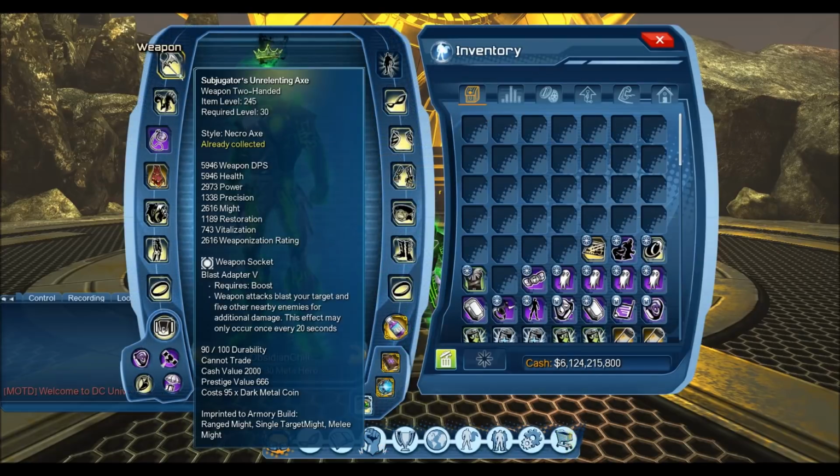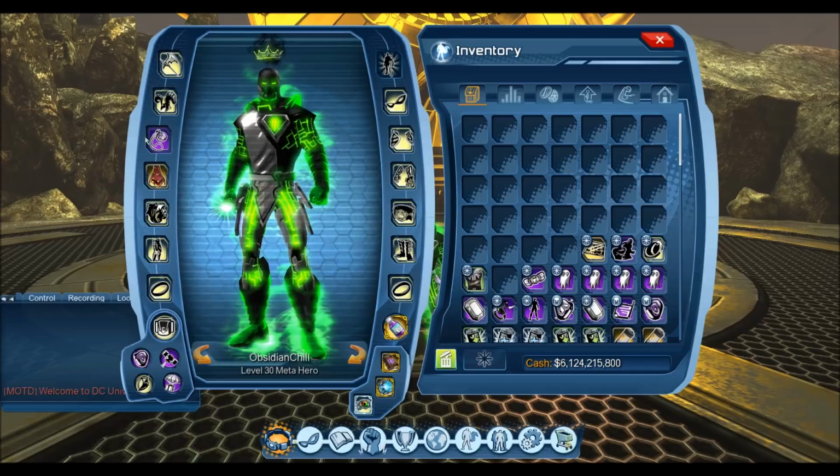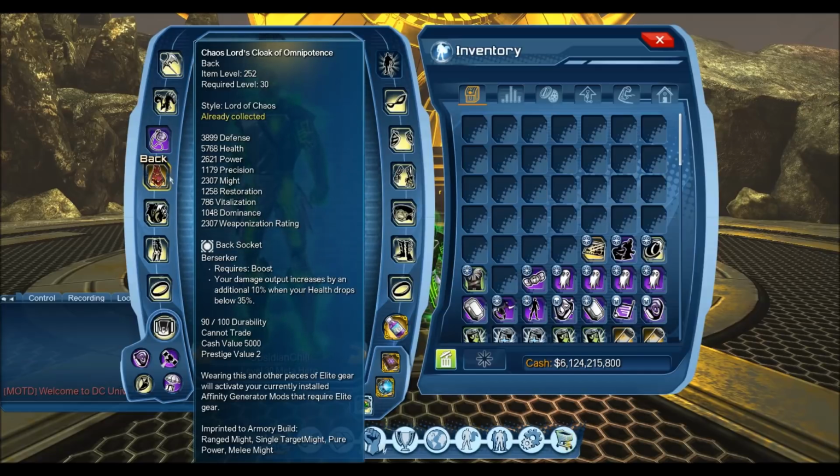So in terms of gear, with your weapon, you're going to have blast adapter in that mod. Head mod is going to be supercharged Neo Venom Boost 3. Neck mod is going to be escalating might. The back mod, there's no real back mod that benefits light in terms of the custom ones, because of